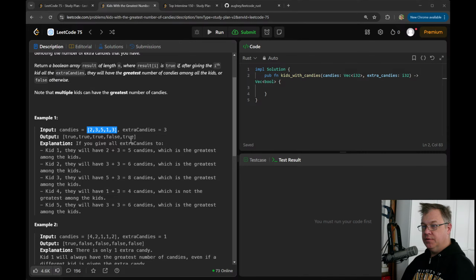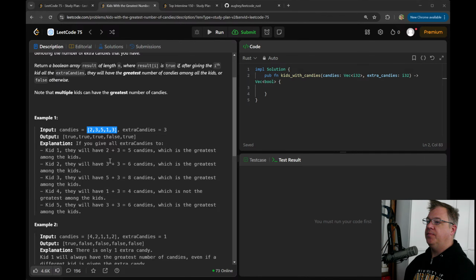Okay. fn solve kids candies, and candies is a reference to an i32 array or slice. Extra candies is an i32. Why an i32? Should not be an i32.